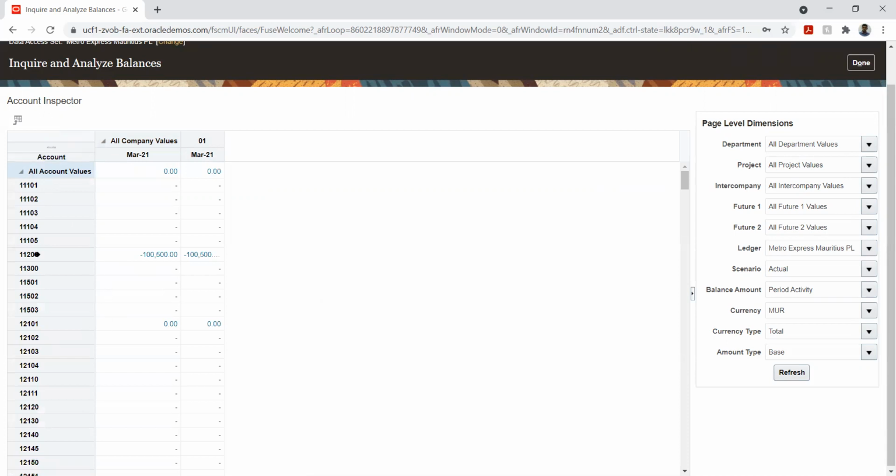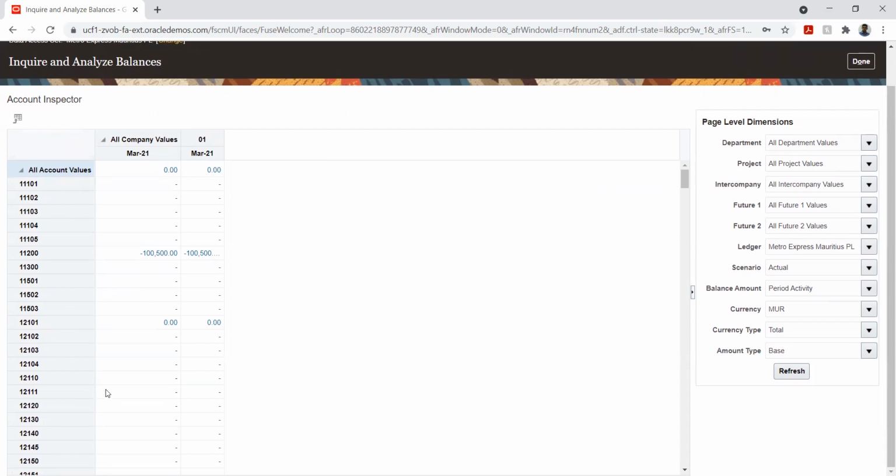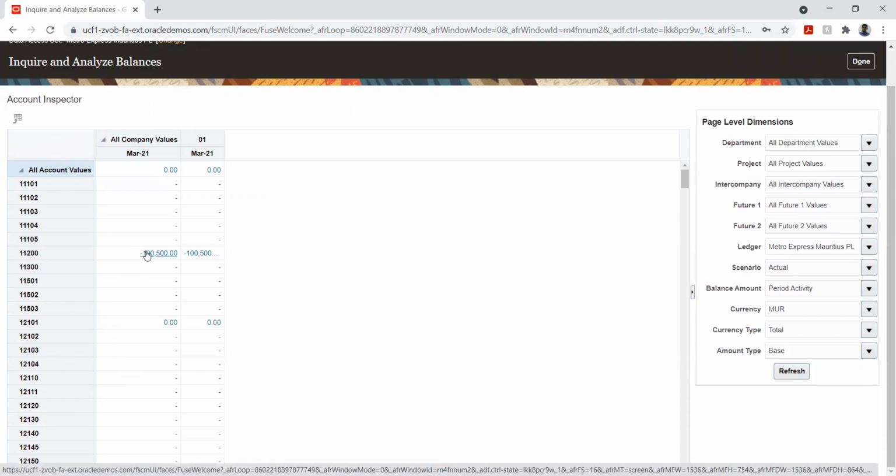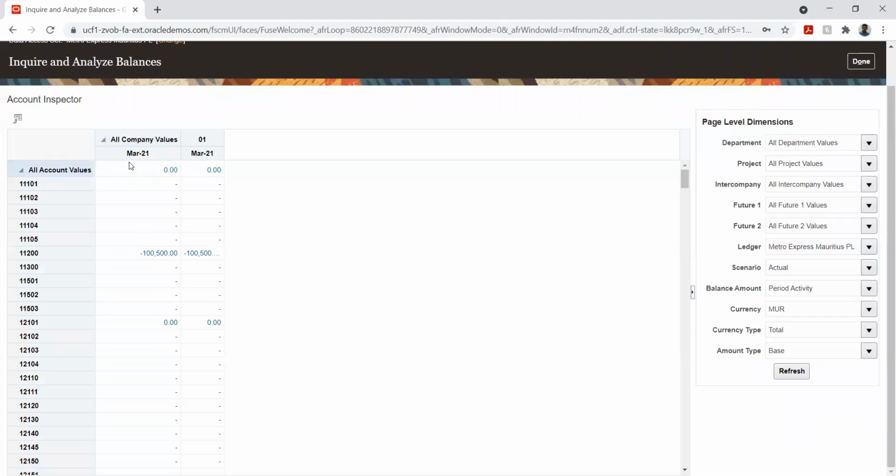Here we can see that we did not do actual transactions for most of the accounts, so that is why it is null. But for the very few transactions that we have made, that is 11200, the cash account, and the other accounts, we will have the data. Now I found the balance for this particular month. Let's say I want to understand the March month. So I got the data, and also I got the company, which is 01.